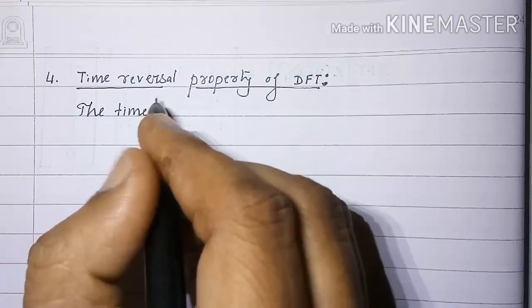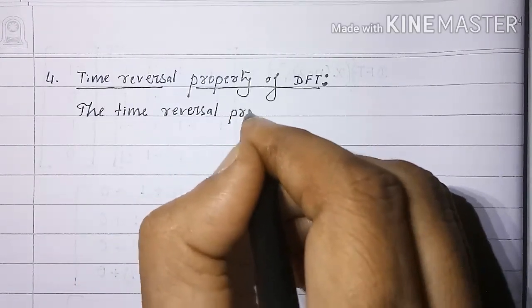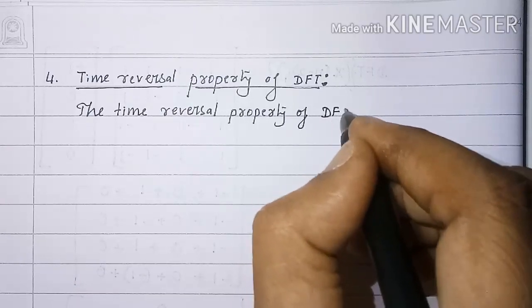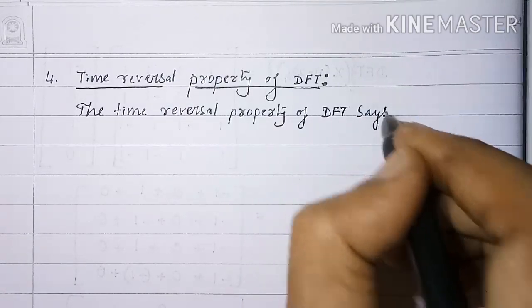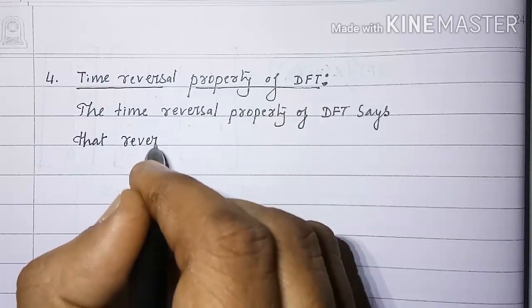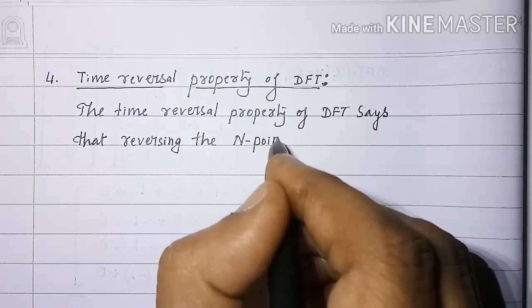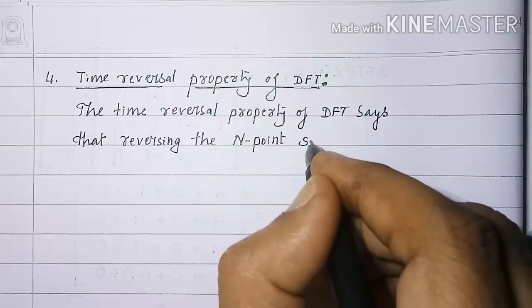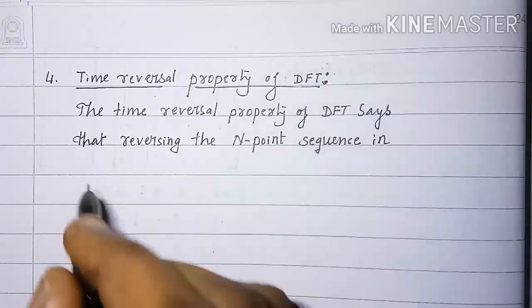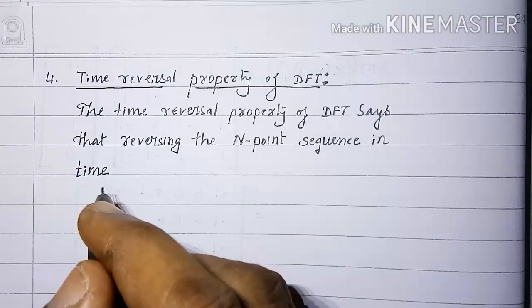The time reversal property of DFT says that reversing the N-point sequence in time is equivalent to